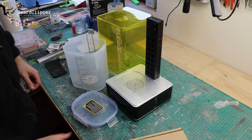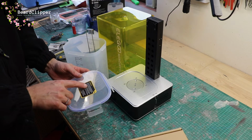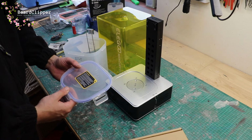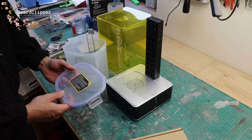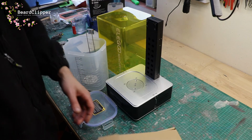So there we are, these are the parts that we have. It has an attention notice: as alcohol is a flammable and explosive liquid, please cover the lid of the cleaning bucket when it is not in use to avoid evaporation of alcohol. If you accidentally spill the liquid of the cleaning bucket during usage, please clean it up in time. Do not exceed the max mark when pouring liquid into the cleaning bucket. Now I might use alcohol on here anyway, but I do generally use water-soluble